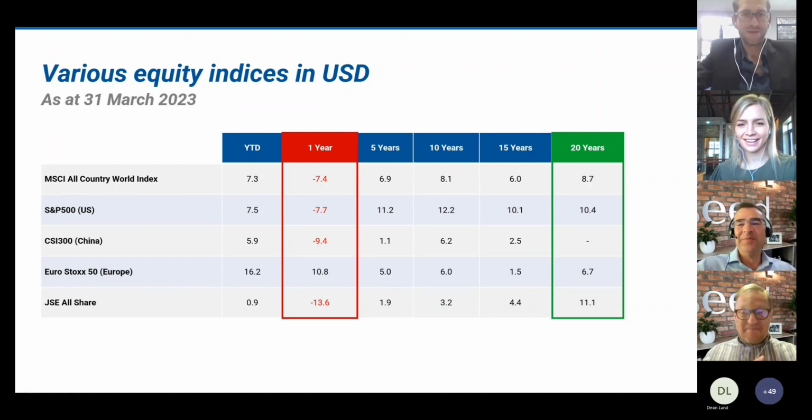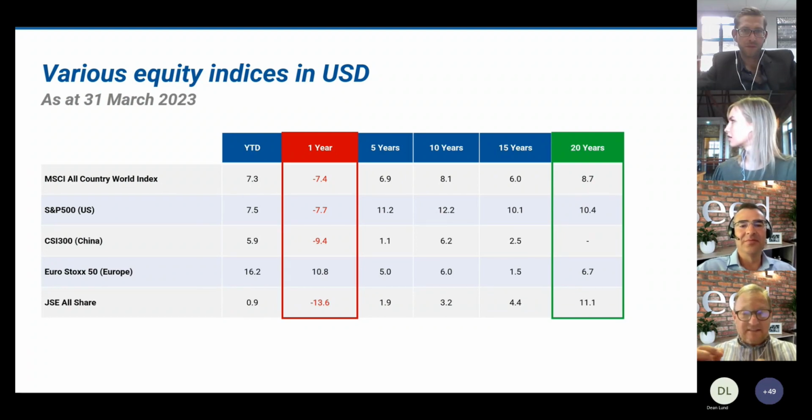Okay. An investment into a company has got the best ability. Now, I think the message today is that it can take a little bit of time, and that's the thing that we all have to understand, and investors really need to try and understand. So I've highlighted here for all of these slides the 1 year number and the 20-year number. Okay, 20 years is a long time, we know that, but I think we've got to try and get the message across to clients that we've got to extend that investment horizon longer and longer in so many ways.